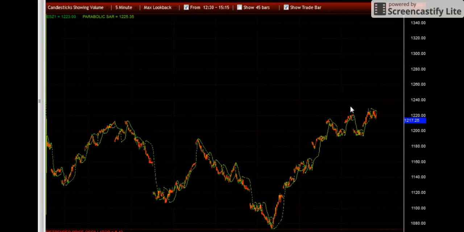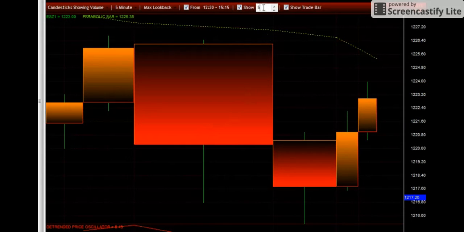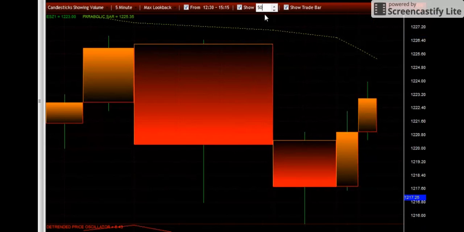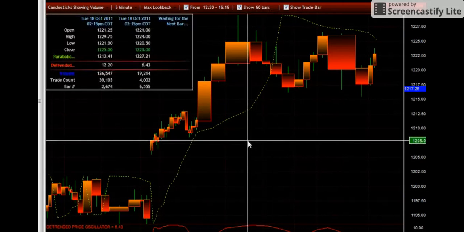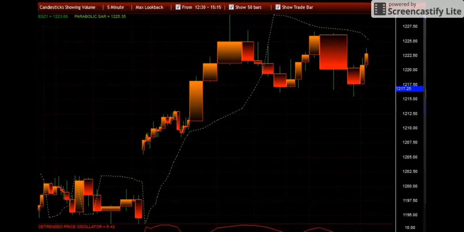I did max look back, so it's going to go as far back as it'll go. But when you check it, it's like your zoom, and you can go in really close and only show 5 bars, or the default is 480. Click that, and it's going to show 480 bars. I'm going to go back to 50 so we can actually see what's going on a little closer on this video. And then we have show trade bar, which is basically this. It allows you to trade